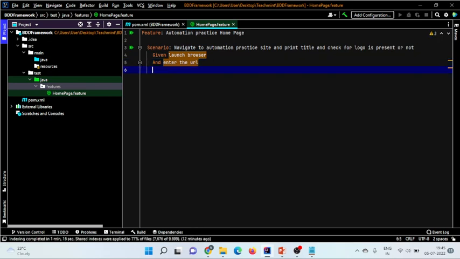So I have launched the browser. I'm going to launch Chrome or also Firefox, and then I'm going to enter the URL of the automation practice site. And in the When, I'm going to write the main actual action. So what I'm going to perform: when the home page is displayed, okay, I will print page title, and also